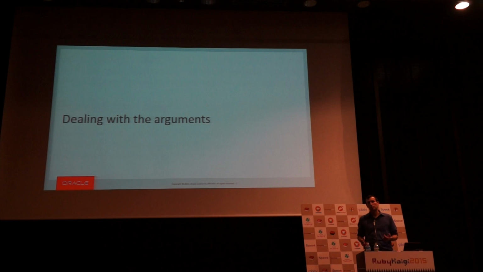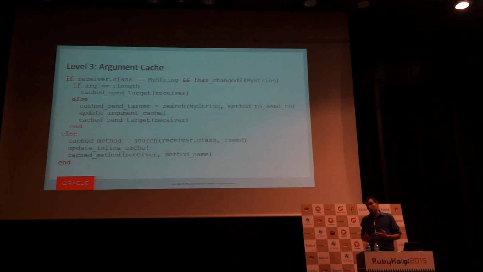So if you recall the slide with the metaprogramming methods, they had this name attribute and it's an argument, and we want to exploit that fact. So what we want to do is basically add a new dimension to our caching. JRuby+Truffle does this using something called dispatch chains, which are basically just a generalized form of inline caching. To make this a bit more concrete, in this example the outer if statement is the inline cache as we know it, but we've added an inner level of checking on the arguments themselves.